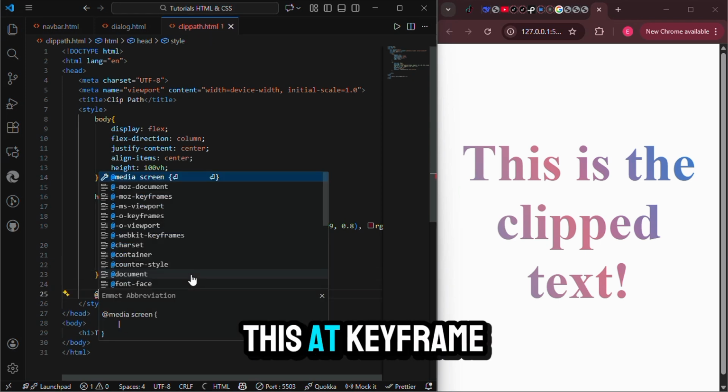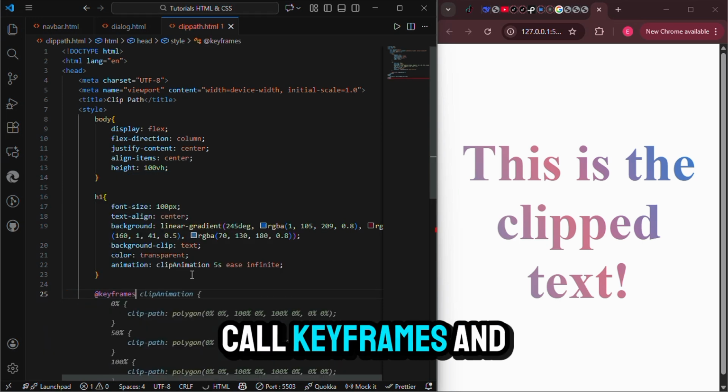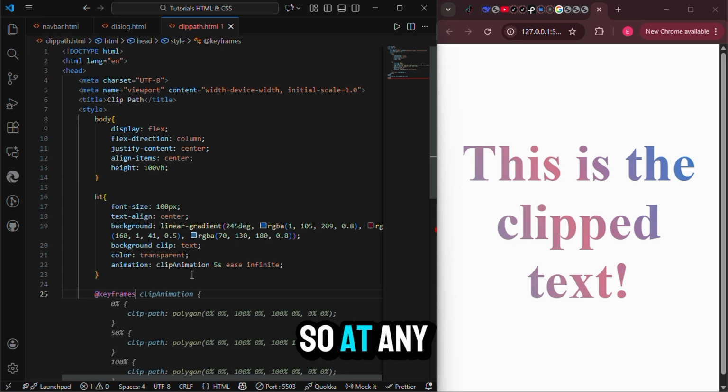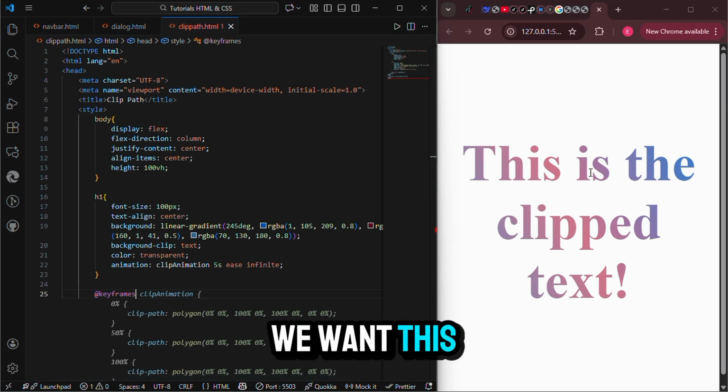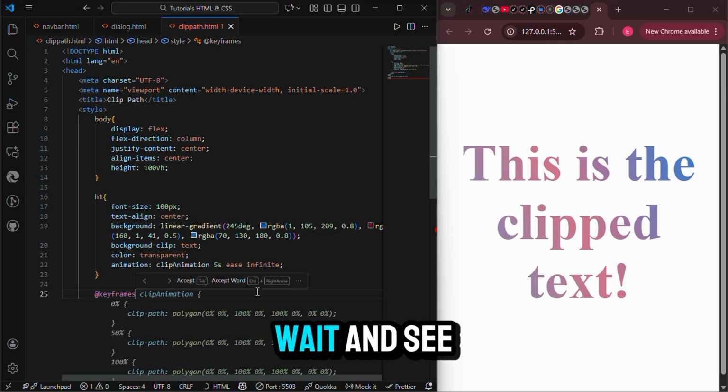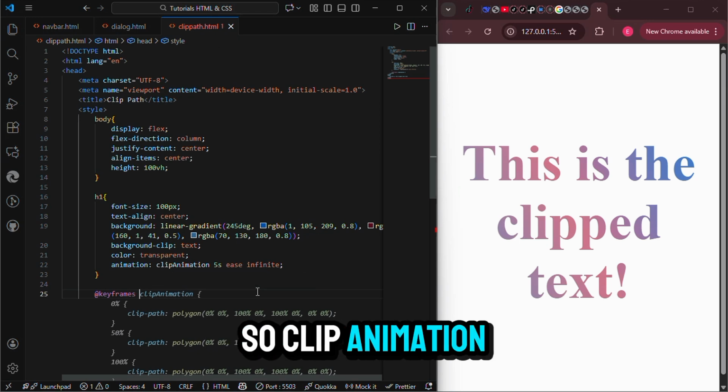So to do this, at keyframes, we're going to call keyframes, and we're going to call clip animation. So at any point in time, we want this clip to be moving. So they're going to be doing something here. Wait and see. So clip animation,